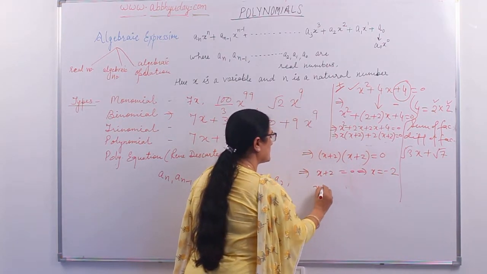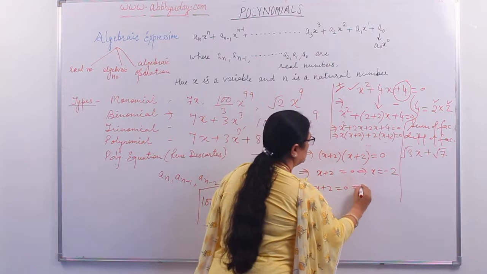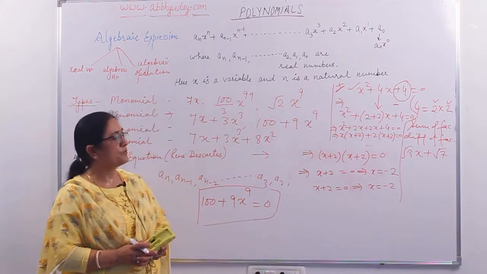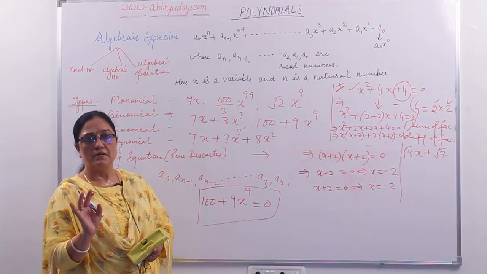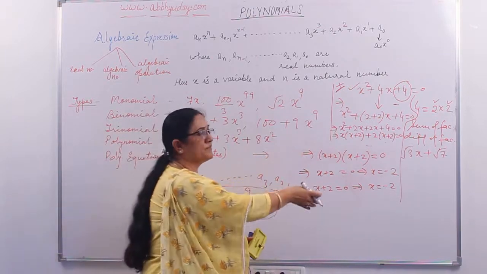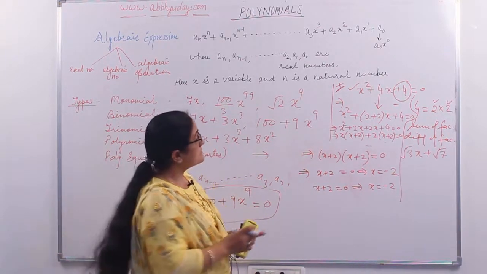Similarly, I put the second factor again equal to 0. Here it's a chance that we have got both the factors of the same type. Maybe they are different. If they are different, then you will get two different values of x. And since it is a quadratic equation,